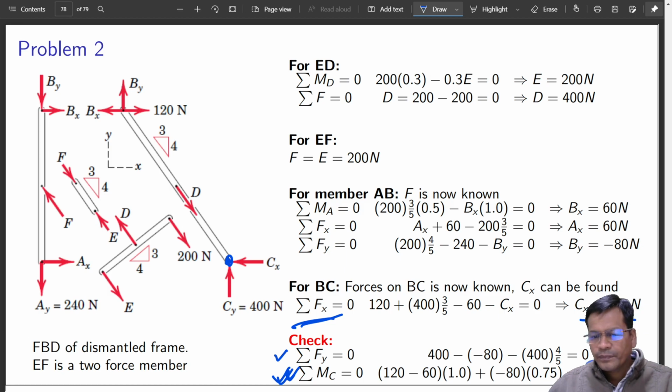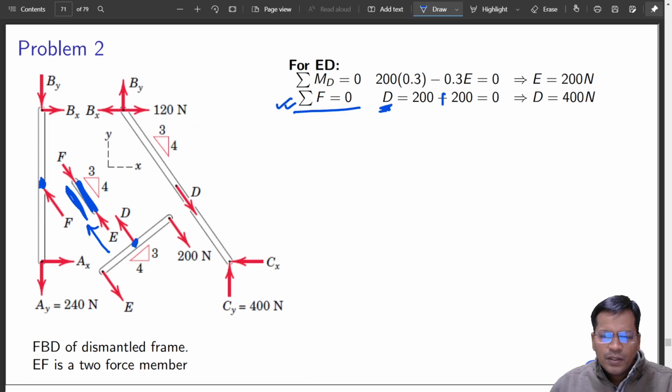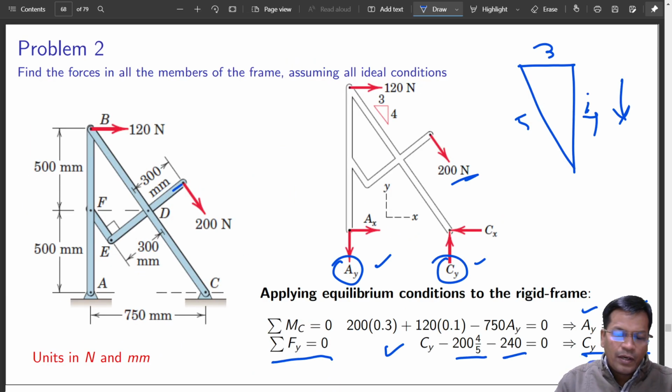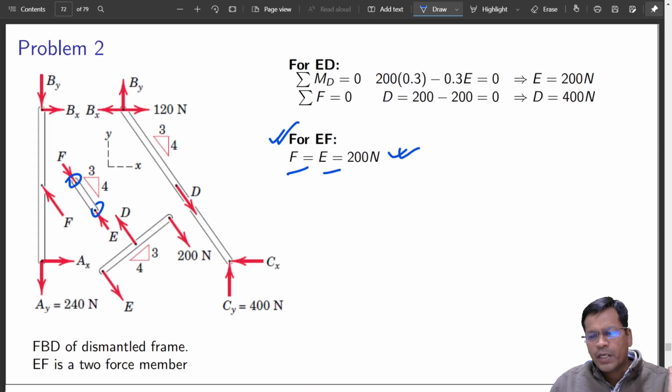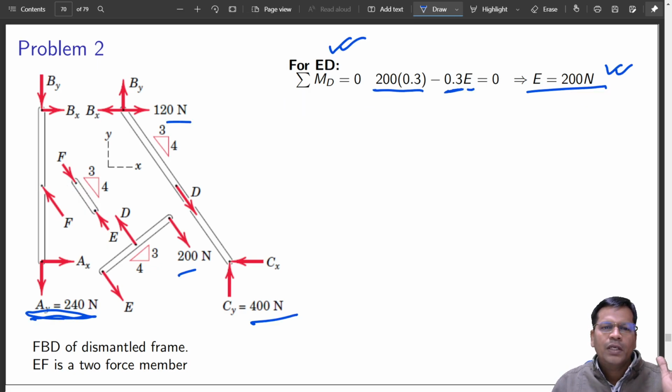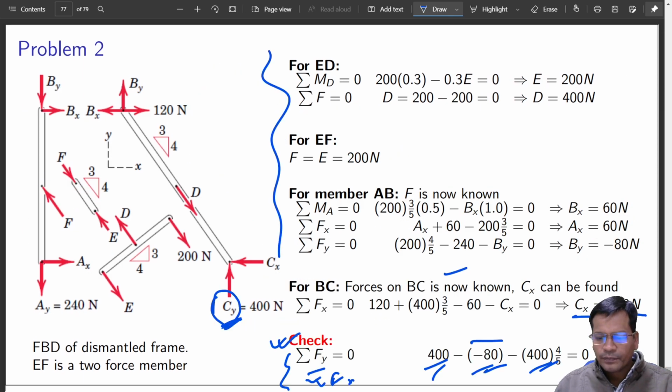Okay. So I think you got the philosophy of doing things. Steps you can now recall. You have to create a rigid body system, find out the reaction forces, isolate the members, do moment and force balance, and you should be doing it. I think this is the only thumb rule that you should remember, and that is what I have followed to solve frames. That is what I have followed to solve even machines. And this should be quite good enough.